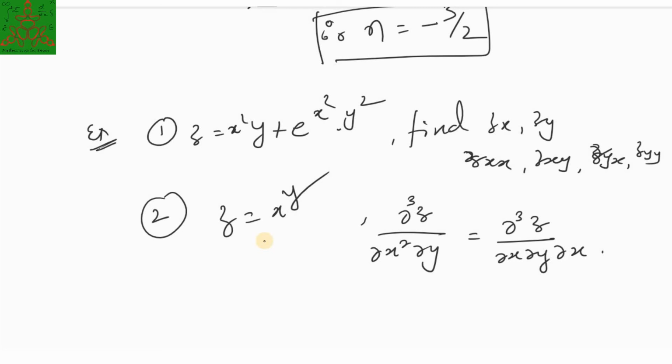So in this lecture we have discussed higher order derivatives, that means higher order partial derivatives. We can talk about third order derivatives, fourth order derivatives, or in general any nth order derivative. We have also talked about functions involving more than two variables. We can also talk about their partial derivatives. We have solved some examples related to it.